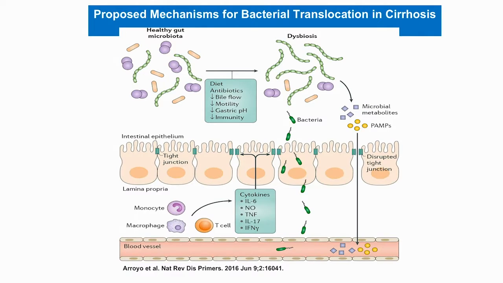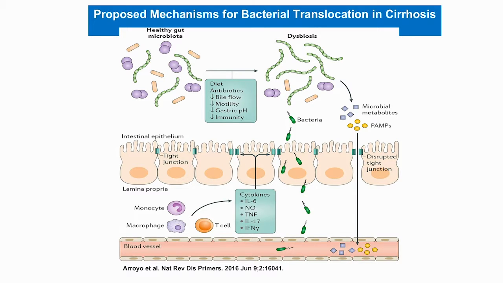And the paradigm for this is the gut. This cartoon summarizes our knowledge about bacterial translocation in the context of cirrhosis. And as you can see, it's a very complex alteration. The first one is that